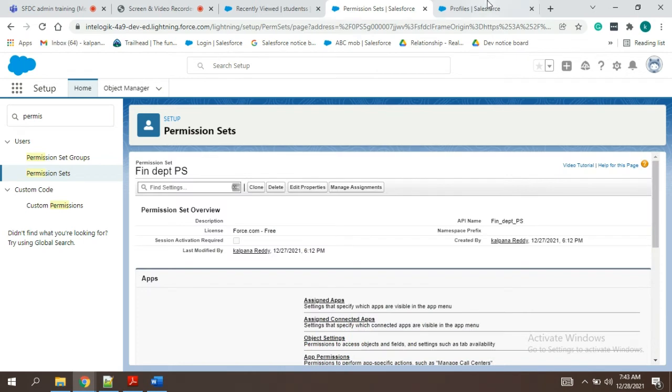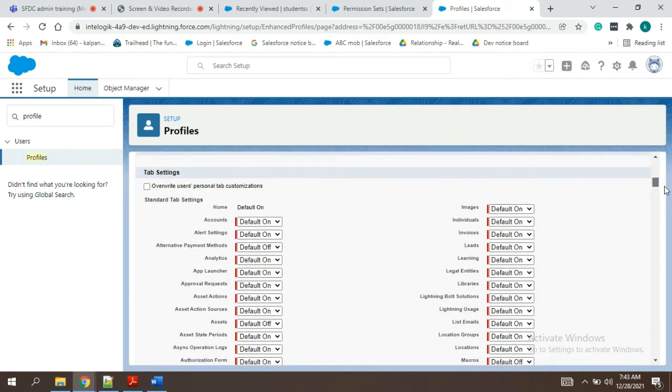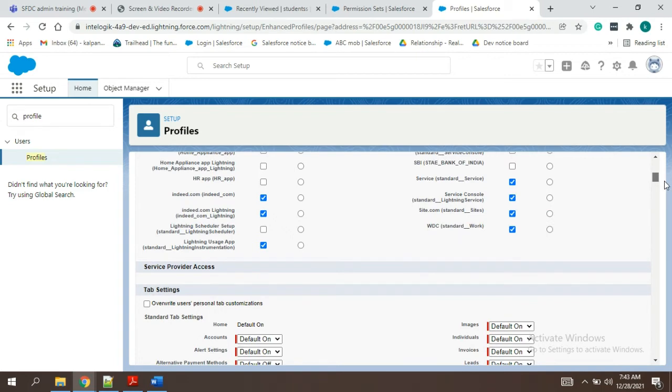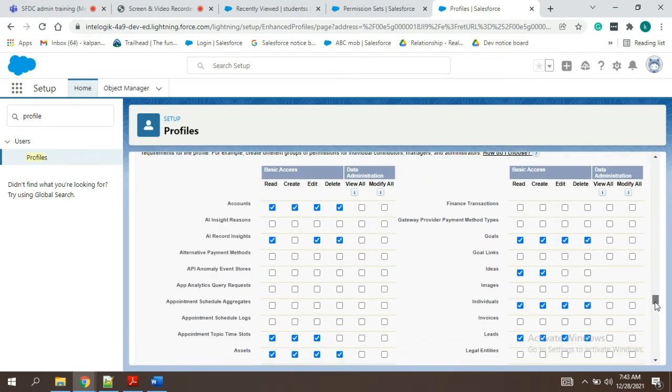So now what we have to do is create a replica exactly of this department. First thing, customer app settings. We'll take this requirement.